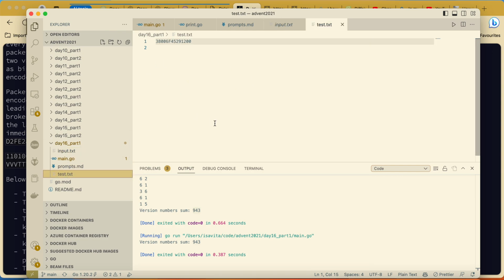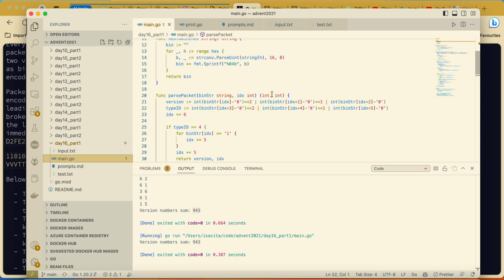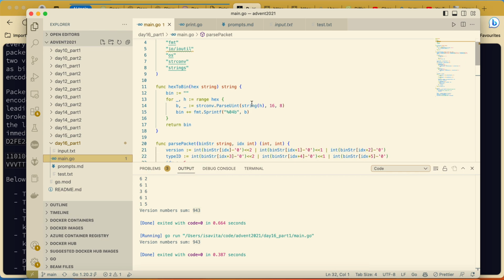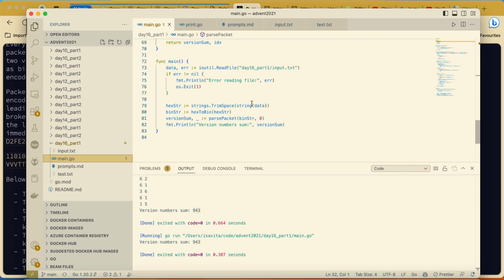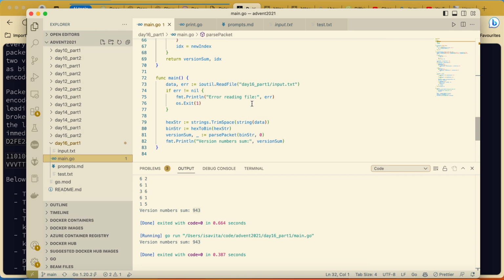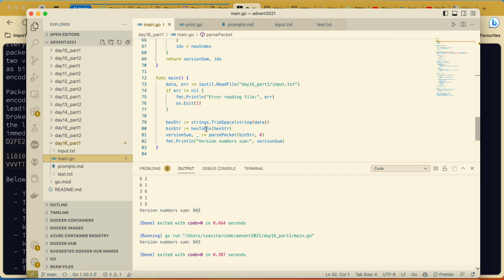Here we have some sample hexadecimal input, and we needed to do a few operations. First, let me see what is my main function. We needed to read it from a file. After that, we needed to parse it from hex to binary with a specific structure. After that, we needed to count